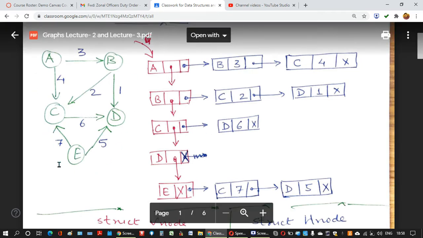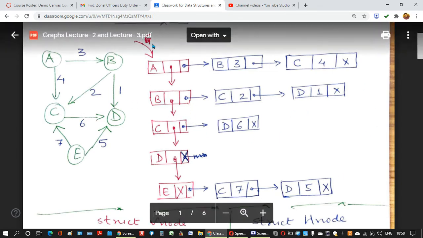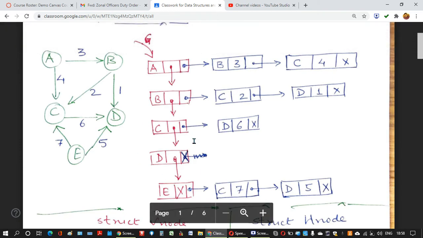See, I am taking this weighted directed graph. So this is the graph shown here, and this is the adjacency list of it. How to prepare it? Let us see. I have taken a vertical list. You forget about this blue diagram. This red portion you concentrate on. So what you'll see here is a graph G. G is a pointer of the graph, and then there are nodes. What the structure of those nodes is, we will discuss.